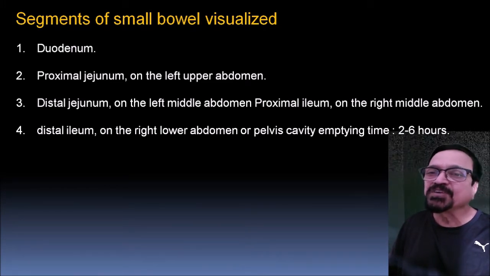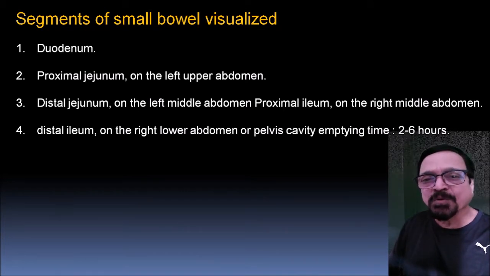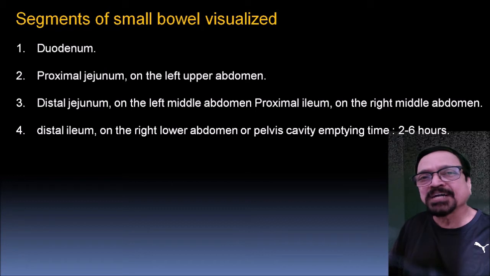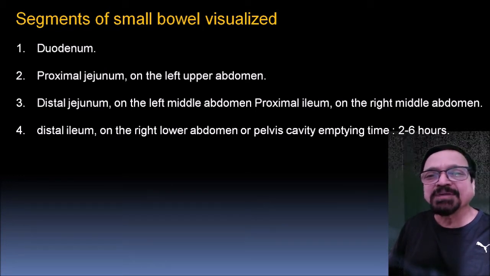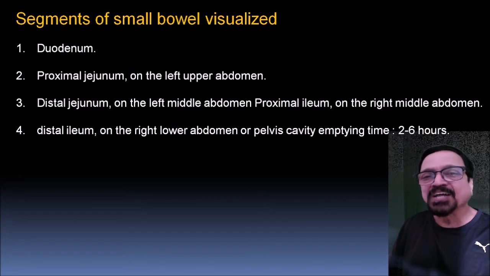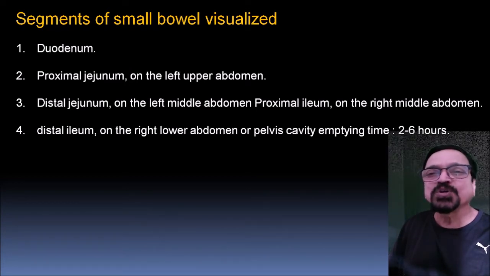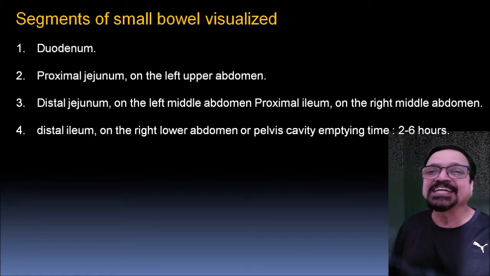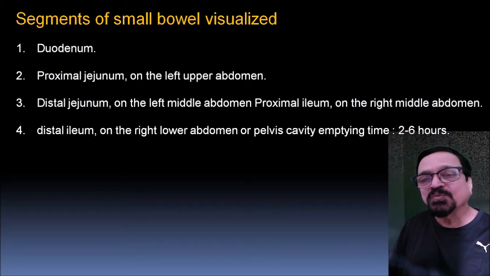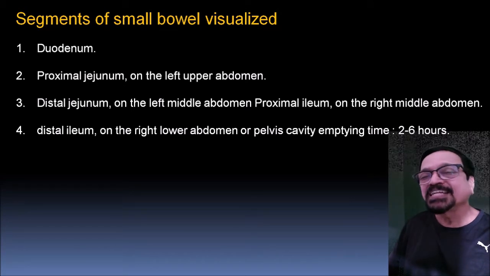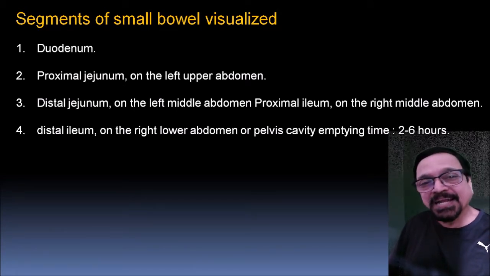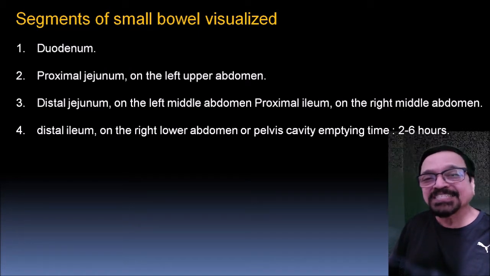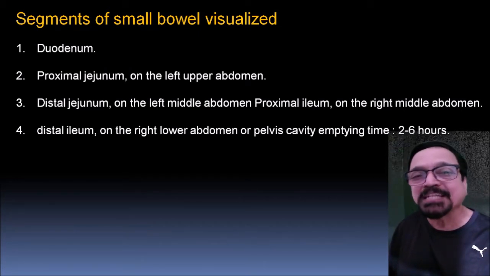So for that reason, the first film you take immediately after the patient swallows. Even though the indication is for small bowel, we may get the barium in the stomach, it doesn't matter. After 15 minutes you take the film and you know where the barium is. But once the barium goes from jejunum to ileum, everywhere that will be seen as barium and you will not be able to appreciate the changes of the mucosa. So best is to go without fixing a timing. That is, first you take after 5 minutes, then you take after 10 minutes or 20 minutes. That depends on how the barium is traveling, and it is not a fixed thing for all the patients. So you cannot have mathematics here.